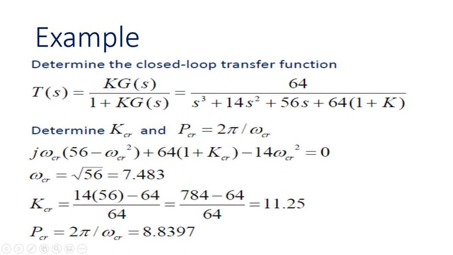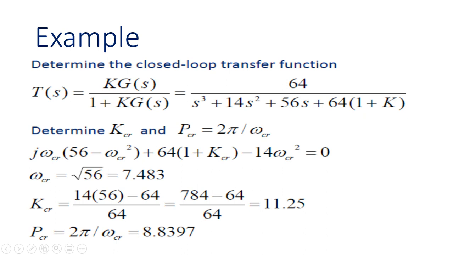After doing that, you come up with this expression: j omega CR times (56 minus omega CR square) plus 64(1 plus KCR) minus 14 omega CR square. So from here, if you solve it, you can easily calculate the value of omega CR. Now omega CR becomes root 56,